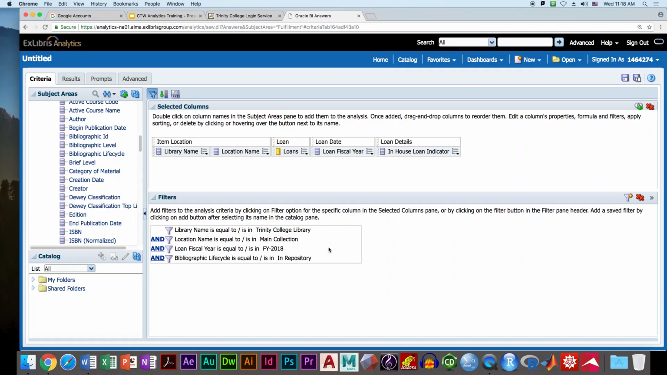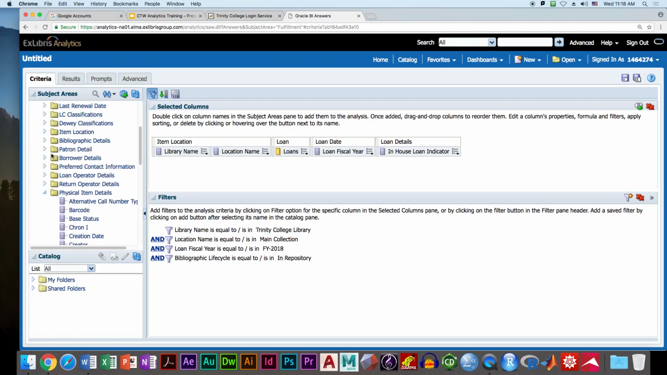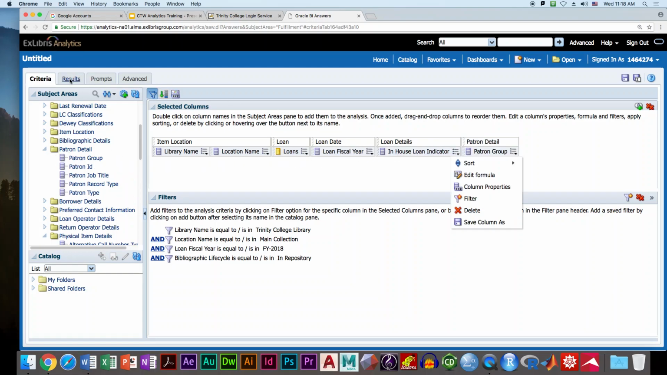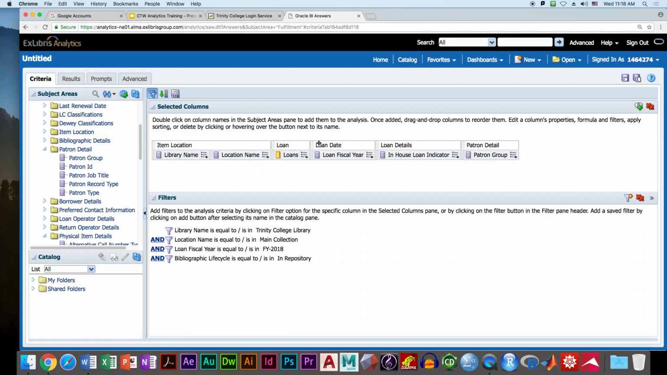Okay, I'm going to add one for a patron group. Trying to remember. Oh, patron detail. Okay, just to take a quick look at what we see. So here we have all the various different kinds of patrons. And fiscal year is still there. Okay. So I think we might have demonstrated this morning that you can move columns around,